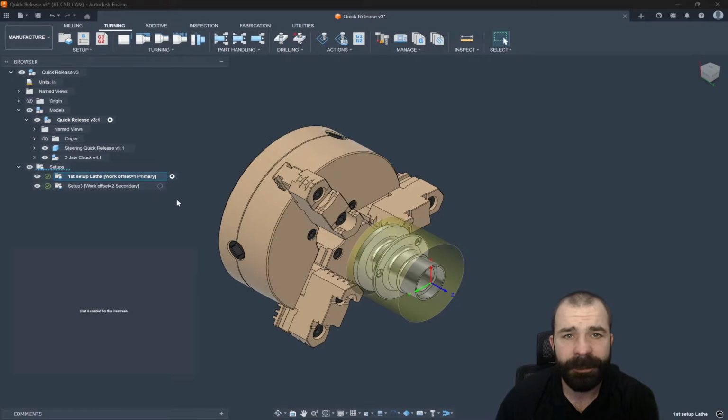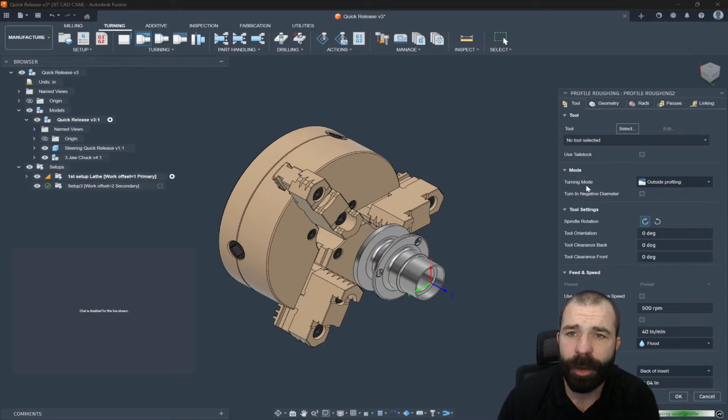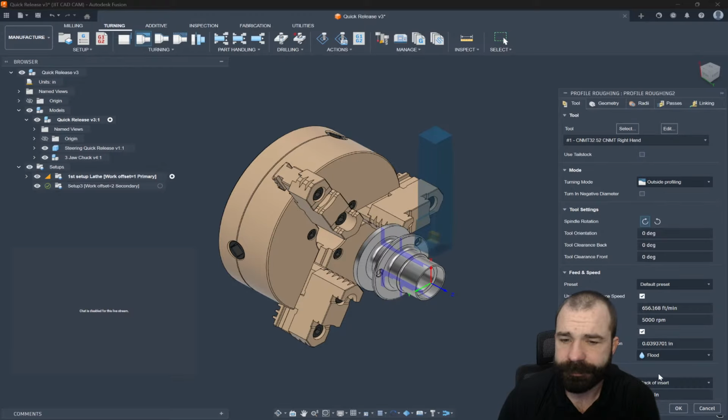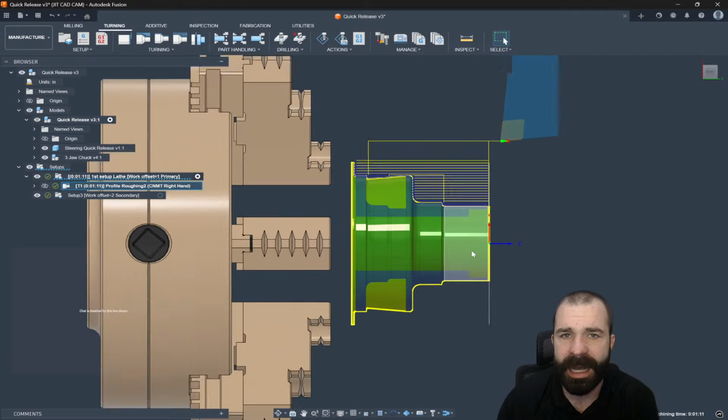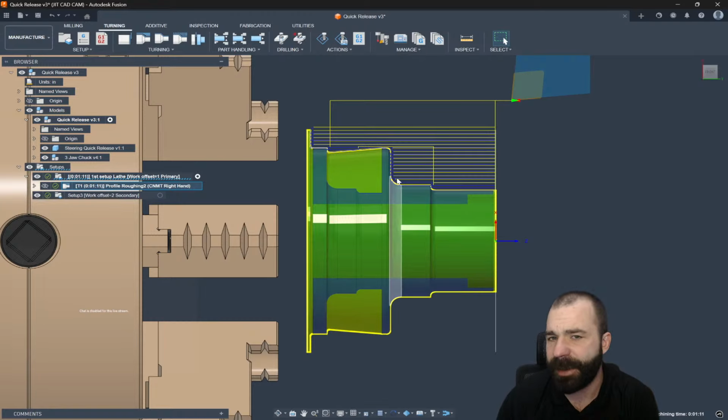Now from here, I'm going to go ahead and apply a simple OD roughing toolpath. And what you guys will see here with this OD roughing toolpath is my stock now has automatically been cut through, and we're not going to spend a ton of time on toolpaths, but as you guys are seeing,